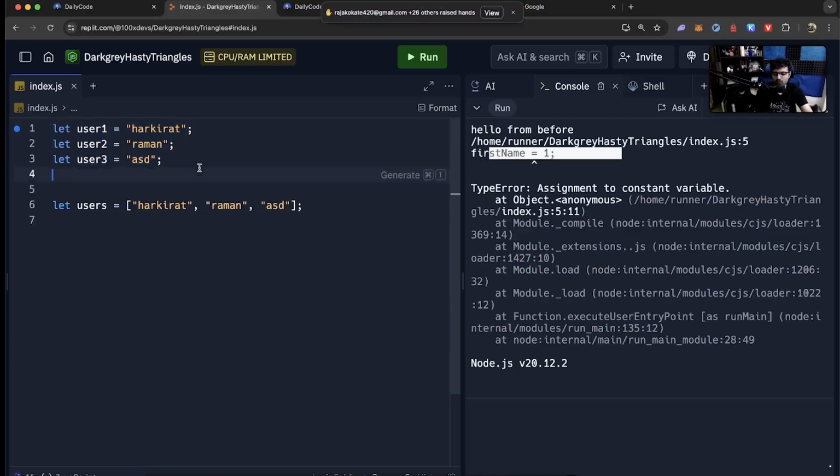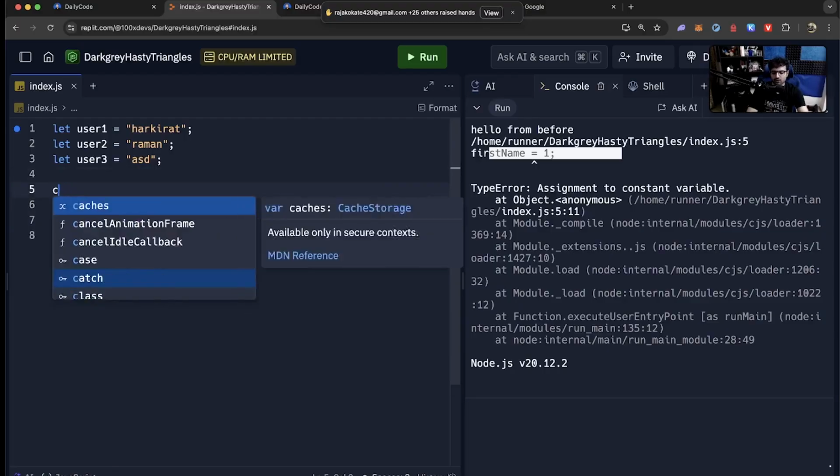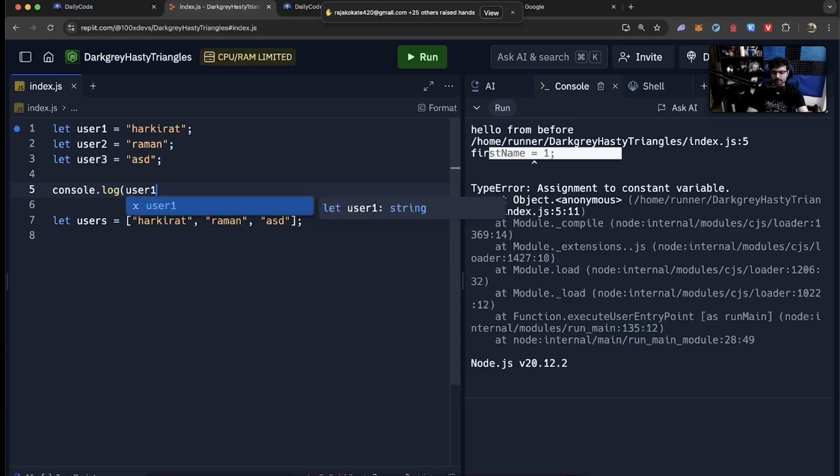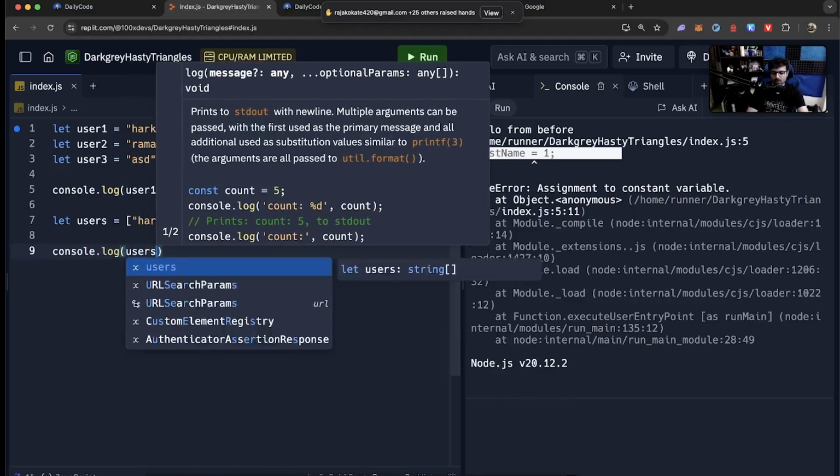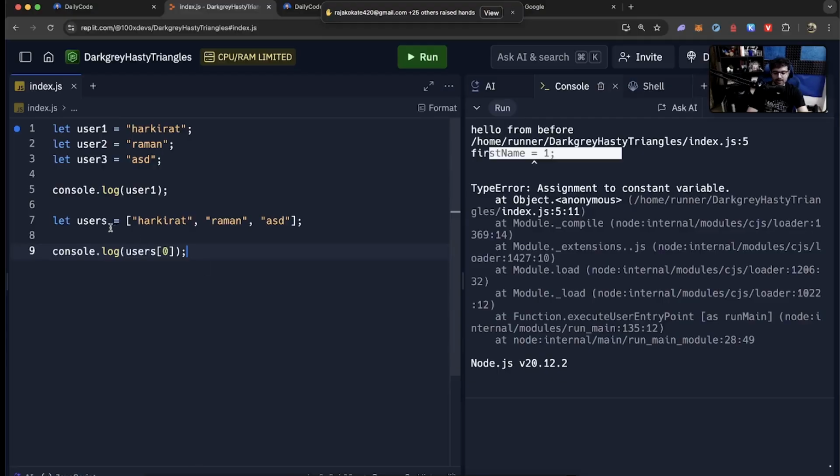And whatever you can do from here, you can do from here as well. For example, if I want to print the name of this variable, how will I print it? Console.log user1. If I have to print this Harkirat over here, how will I print it? Console.log users of 0. I repeat, users of 0. What does this bracket mean? It means get me the 0th value. Harkirat, this is the first value. Most languages, if you've done DSA, give you 0 based indexing, which means the first value is 0, second value is 1, third value is 2.